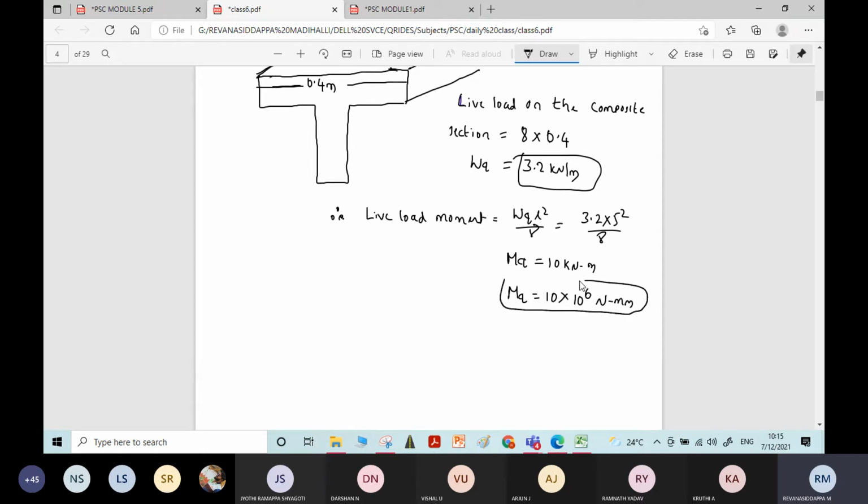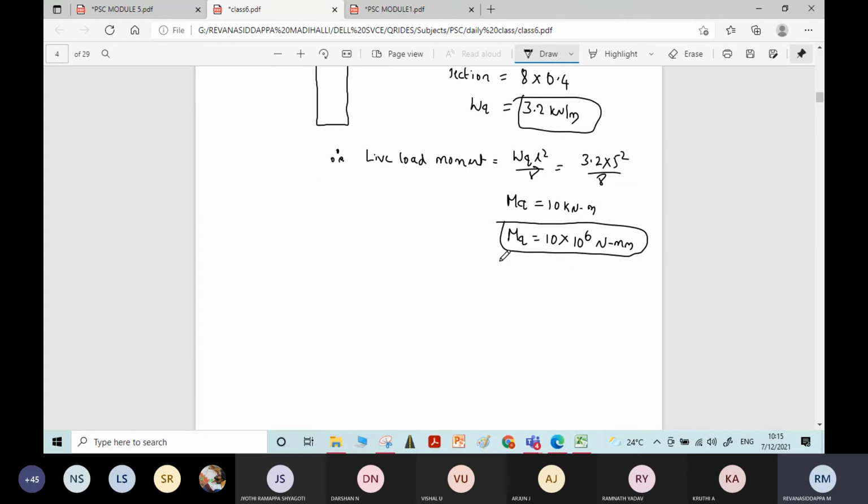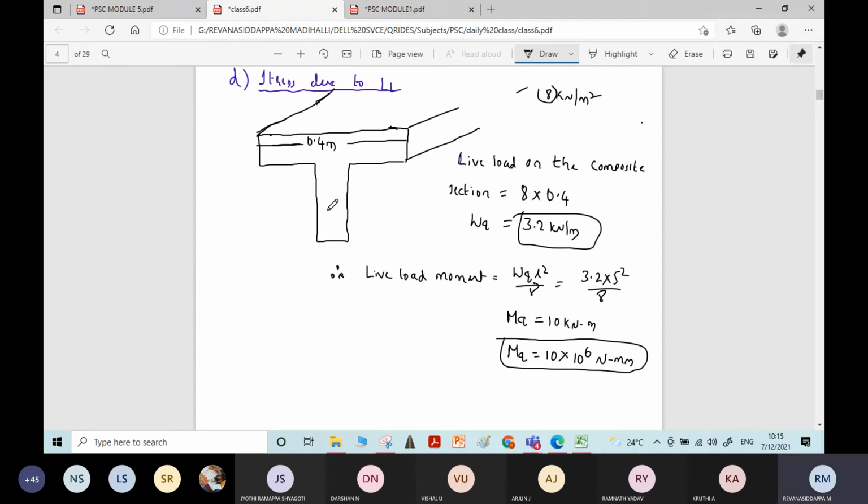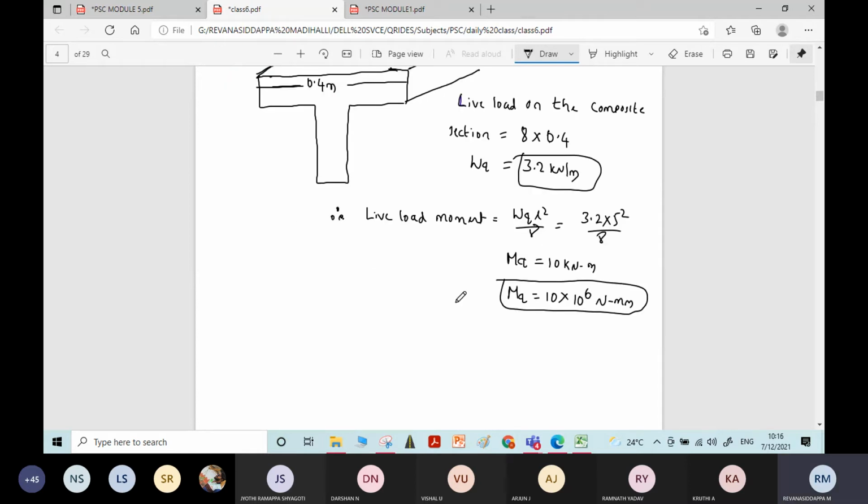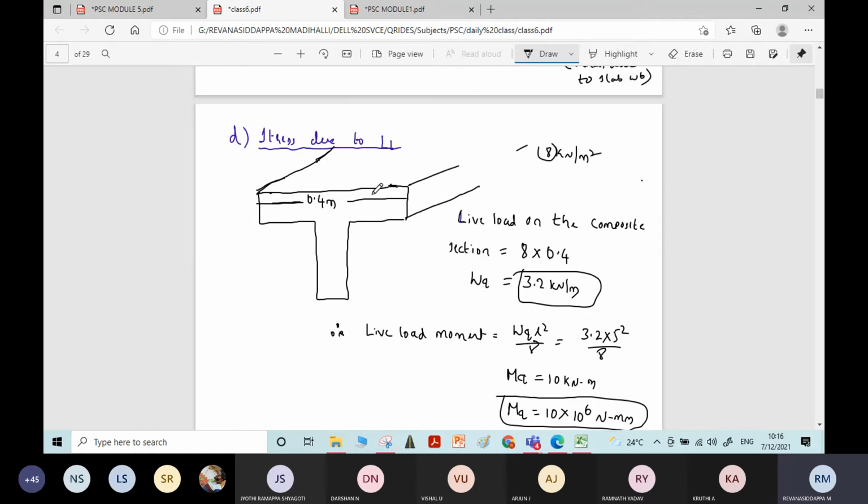Now, after getting this live load moment, we need to find stresses due to live load. To find stresses due to live load, very important, all of you listen here. You need to take into consideration the full area of the T section or the composite section. Therefore, in MQ by Z, that Z section modulus should be calculated with respect to this T section,